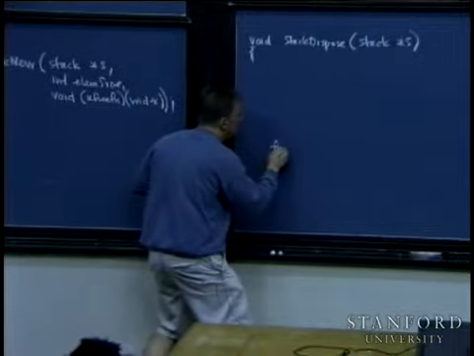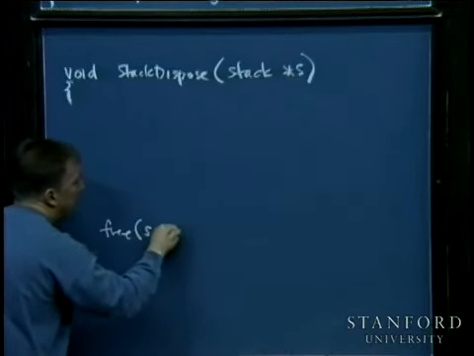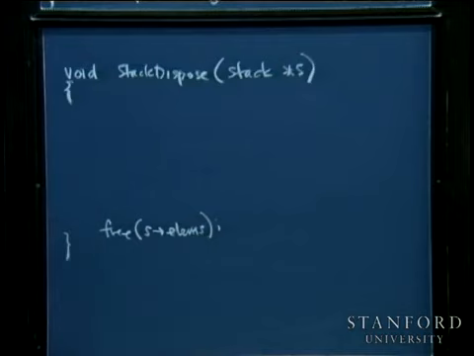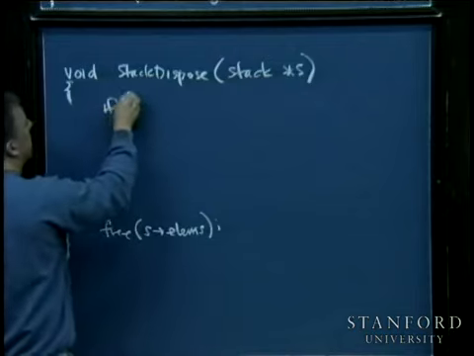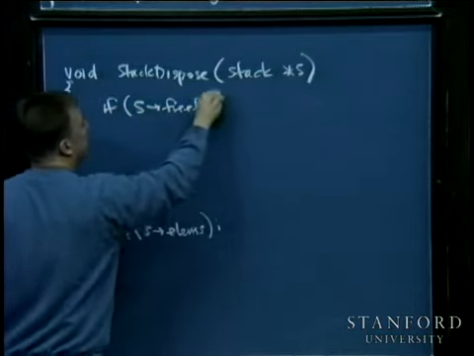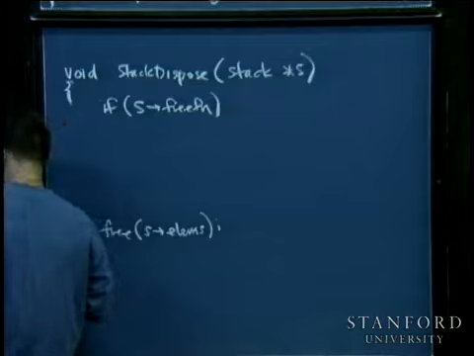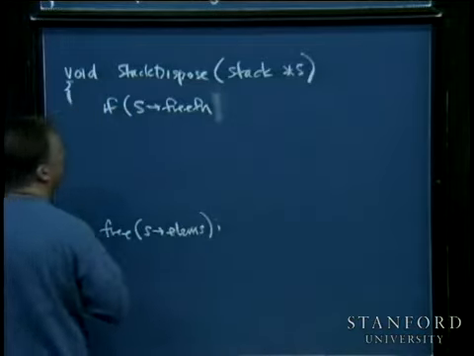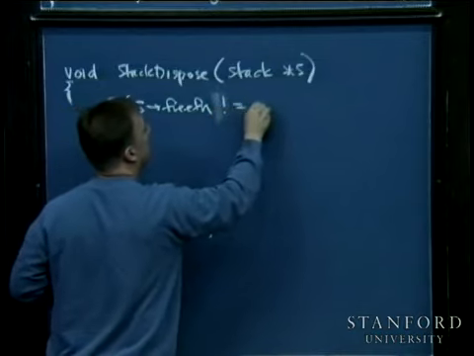Before I go ahead and dispose of the elems blob, I better check to see whether or not anything complicated is residing within the log length elements that are still inside. If it is the case that s arrow free function, that's the name I gave to that field up there. I don't want to be too clever the way I do that, so let me say if it's not equal to null,